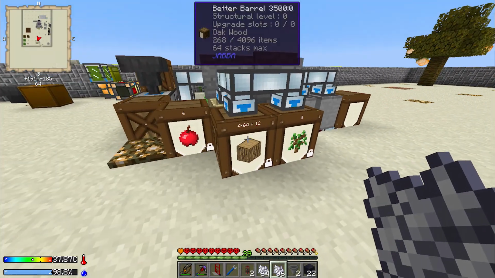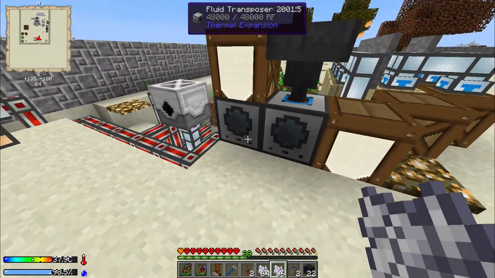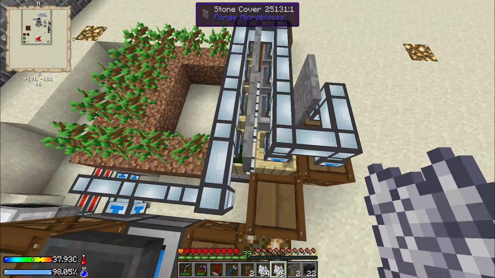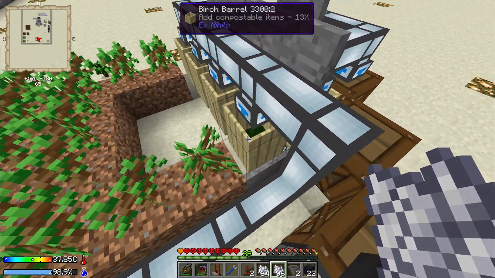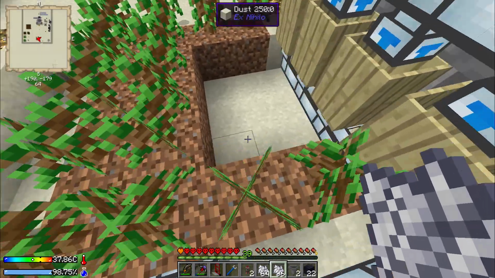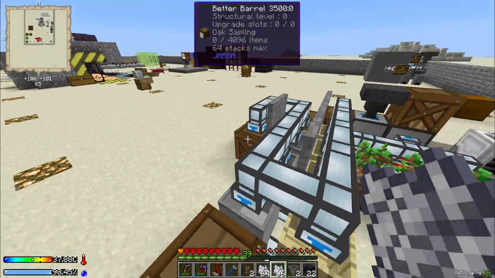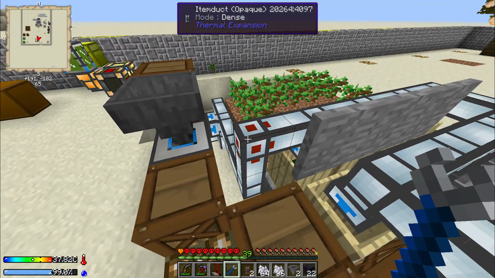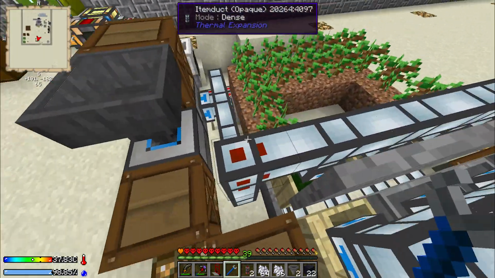There we go. And you can see the wood's trickling in there, and none of it showed up in the fluid transposer. Unfortunately, this guy is getting compostables. That's a shame. So, what we're going to do is we're going to try setting this to dense, which means it should try to hit...